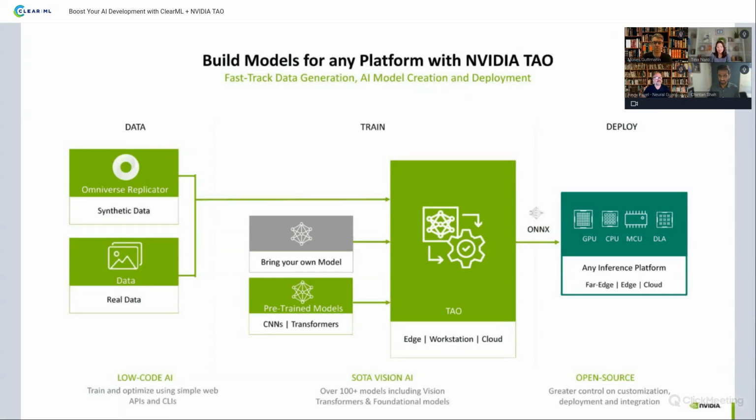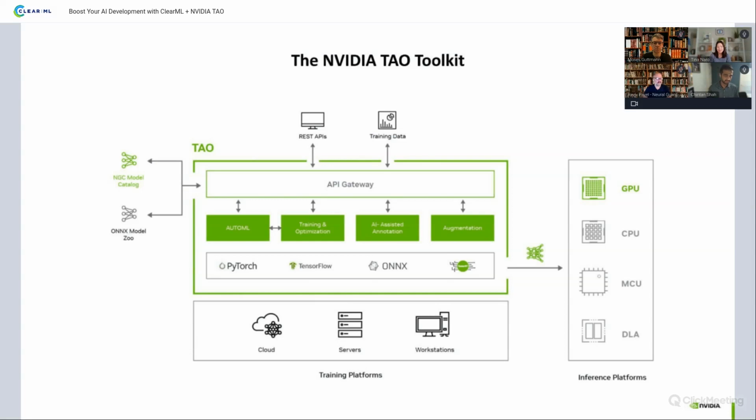Now, with that said, let me quickly talk about some of our features. As I mentioned, we have a large selection of pre-trained models, but TAO is really packaged as a Docker container, and our developers can use the container as is, or you can also deploy it as a service and use it via our REST APIs. The key capabilities, as I mentioned, are training and optimization. You can train the model from scratch, or take one of our pre-trained models and fine-tune it on a subset of your data set, and then optimize it specifically for inference as well.